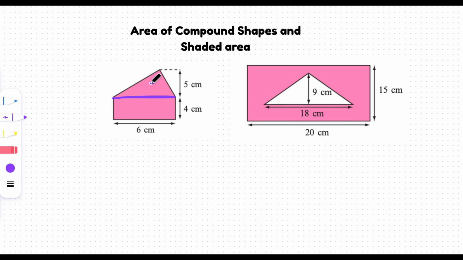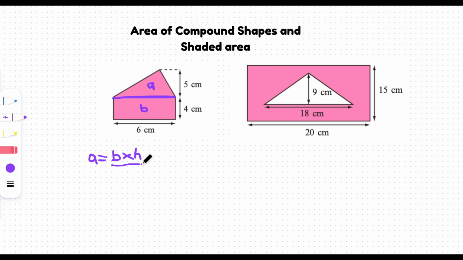You can name this small little triangle A and name this rectangle B. So what you're going to do is calculate the area of the triangle, calculate the area of the rectangle, and add them together. All right, so let's jump into it. The area of triangle A. Always when you are dealing with area, write down your formula. Writing down your formula ensures that you don't forget it. So the area of a triangle is base times height